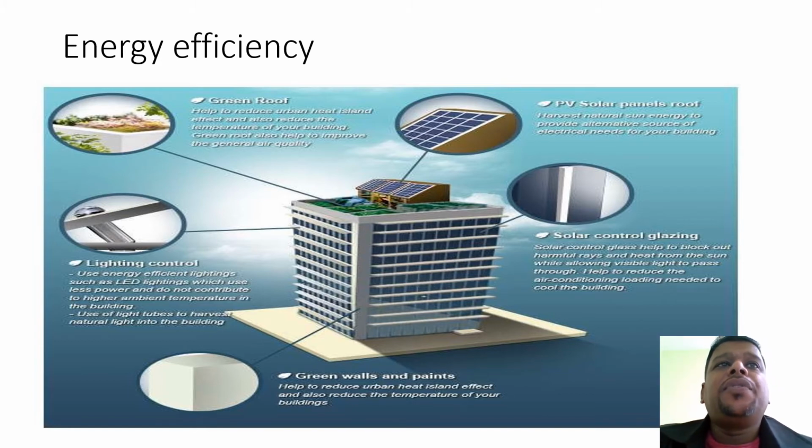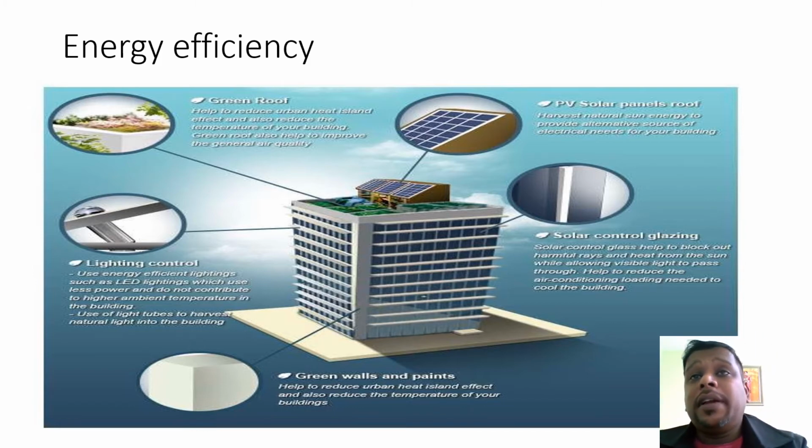So the first is green roofing. Green roofing helps to reduce the urban heat island effect and also reduces the temperature of your building. The green roof also helps to improve the general air quality. The second is PV solar panel roofing. This means the solar panel harnesses natural sun energy to provide an alternative source of electricity needed for your building. From the solar power we can use it for the lighting, fans, and some other sources,